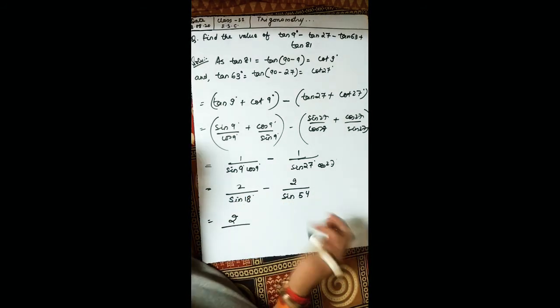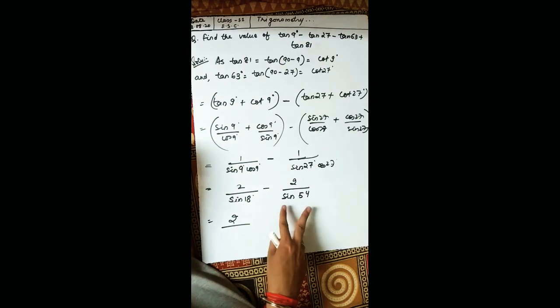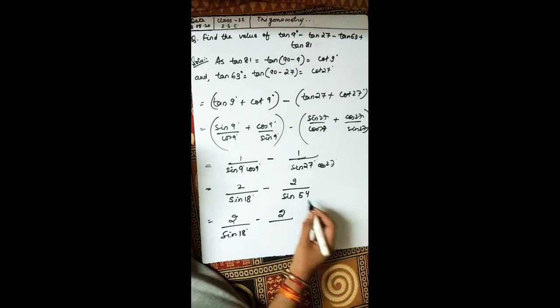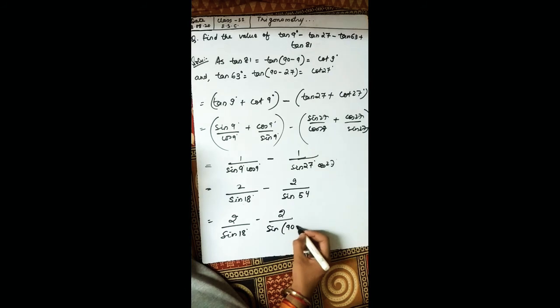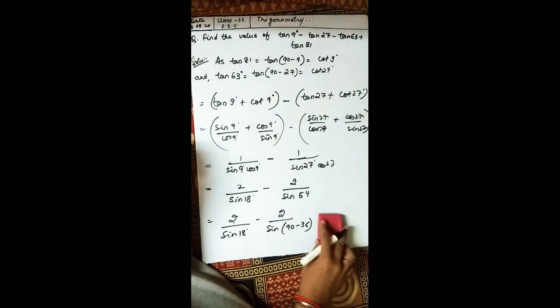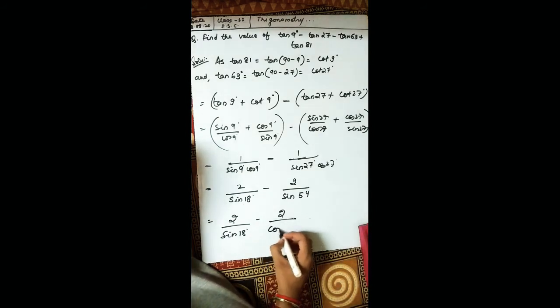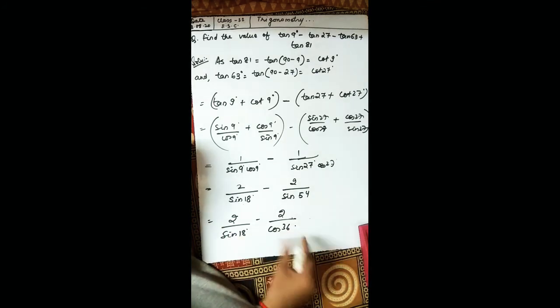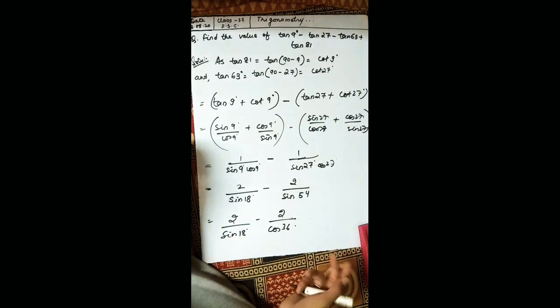Now, we have the value of sin 18 degree, but we don't have the value of sin 54. But 54 can be written as 90 minus 36, because 90 minus 36 is 54, and sin 90 minus theta is what? Cos theta. So directly, sin 54 is cos 36. Now I guess you can easily understand. You just need to put the values of sin 18, which is under root 5 minus 1 upon 4, and cos 36, under root 5 plus 1 upon 4. Just solve it and get the answer.